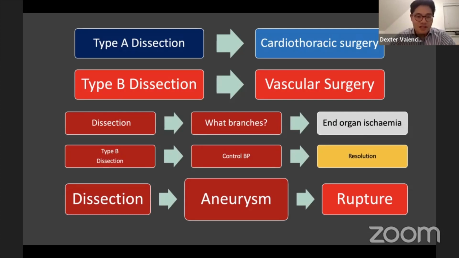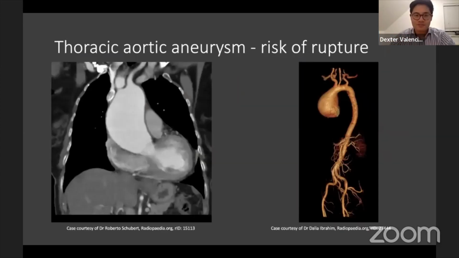And remember, if you have a dissection, think what branches could be compromised and what's going to become ischemic. Any of those branches can become ischemic, so it's good to know your anatomy and to realize what is at stake with dissection. Briefly, with thoracic aortic aneurysms, usually if they're above 4 or 5 centimeters in axial diameter,